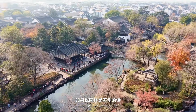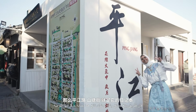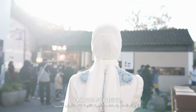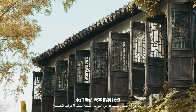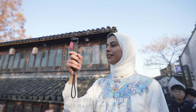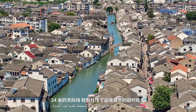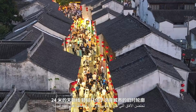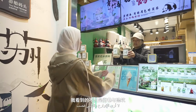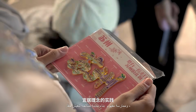If Suzhou's gardens are its poetry, then Pingjiang Road and Shantang Street are its diary. The blue stone slabs have been polished smooth by countless footsteps. Behind wooden doors, old homes still breathe with rising cooking smoke. For 800 years, a river has accompanied a street, bridges link households, and water reflects the passing of time. A 24-meter skyline gently cradles the silhouette of the old city. Here, I saw more than streets and buildings. I saw the continuity of history and cultural lineage, and the living practice of what it means to build a